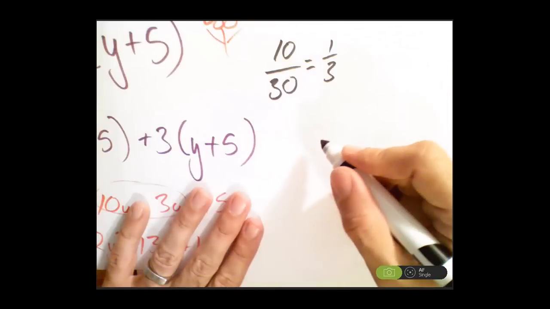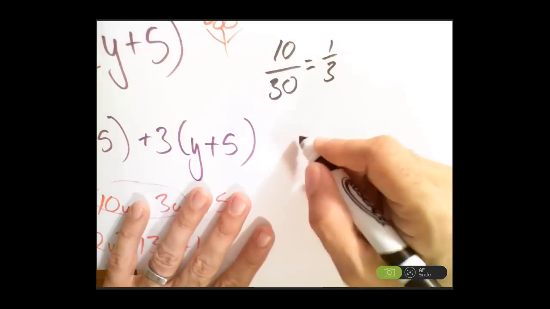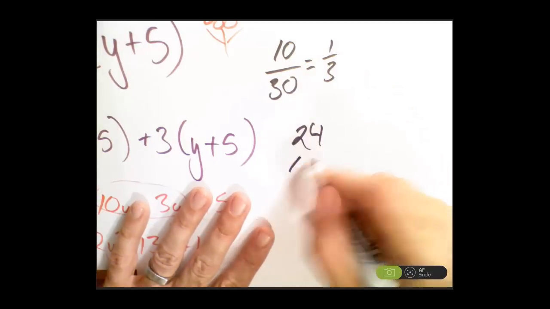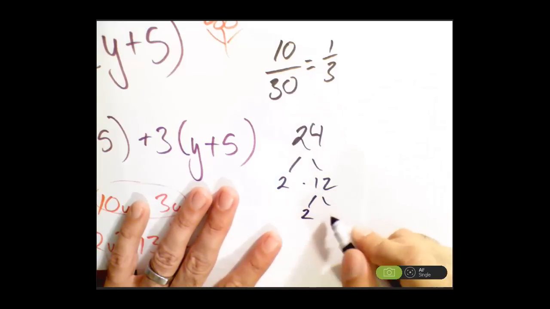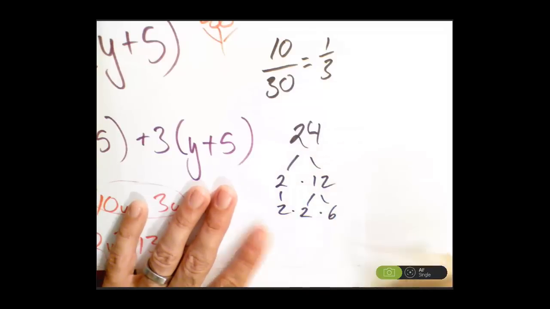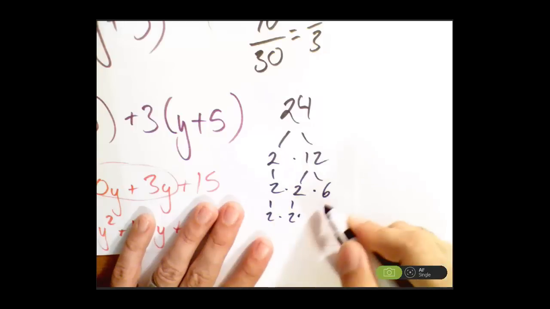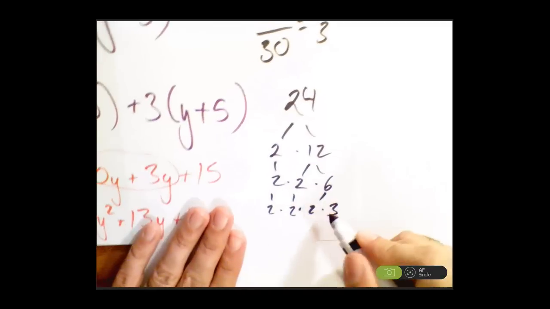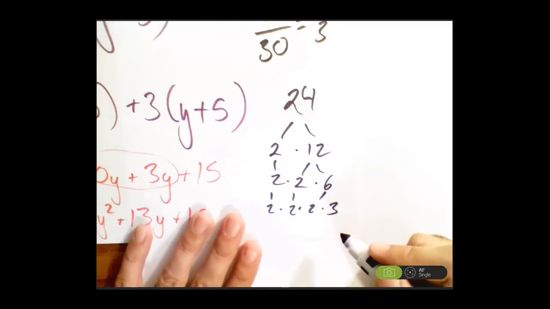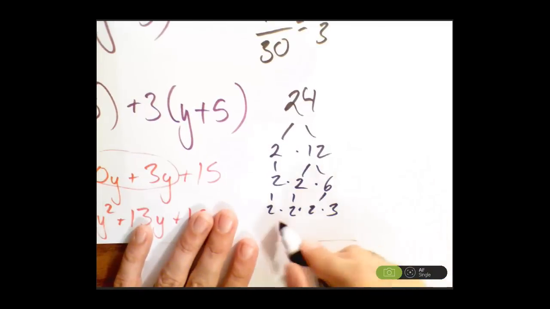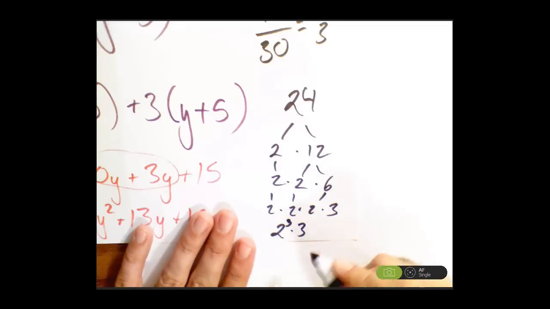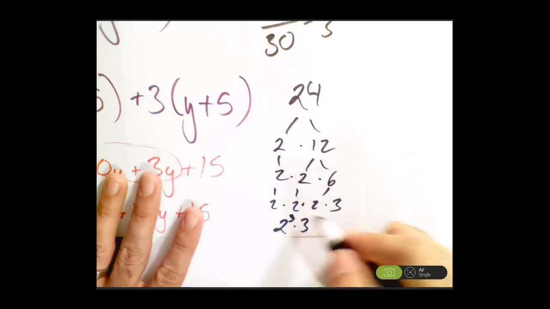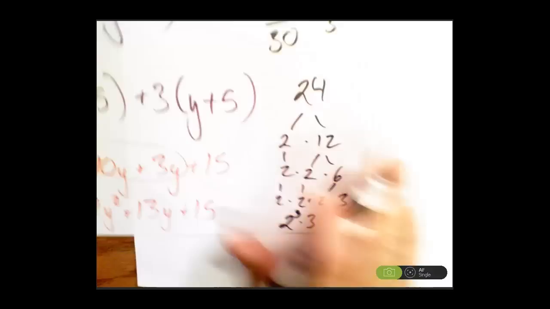If you remember factor trees, if we have a number like 24, I could break it apart into 2 times 12. And I could break apart 12 again to be 2 times 6. And then I could break that apart again into 2 times 2 times 3. Okay, that broke it down into factors. You could also call that prime factors, and since we had 3 of these 2's, you could call that 2 cubed times 3. But anyway, this is just the idea of factors. You don't have to make factor trees. So if you hate factor trees, don't trip, because we're not making factor trees right now. We are factoring